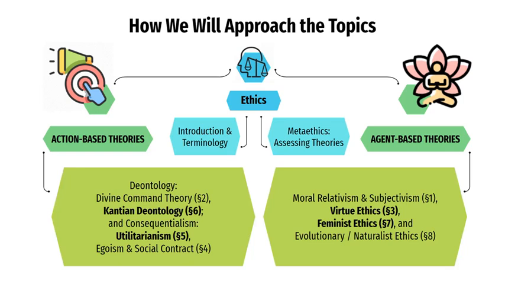And on the agent-based theory side, we have theories that try not to focus so much on individual actions, but rather on the agent themselves. What kind of agent should we be? What kind of person should we strive to be? That is certainly something that's addressed in virtue ethics that we get from famous philosophers like Aristotle, as well as Confucius. Agent-based ethics has a lot of appeal in cross-cultural, cross-philosophical paths. So we see agent-based theories throughout Asian philosophy, as well as ancient Greek philosophy and Roman philosophy. So a lot of overlap there.